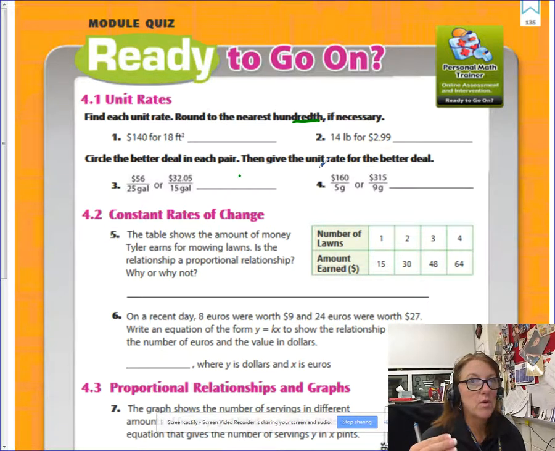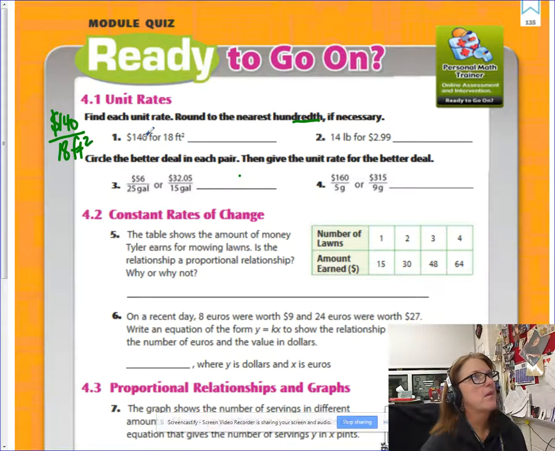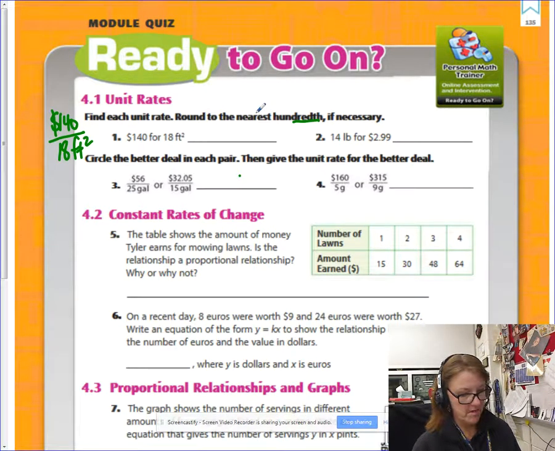And then to get the unit part, that means take the two numbers and divide them, because a unit rate is always compared to 1. So here we go. Take your calculator. $140 over 18 square feet. Okay, that is a rate, but what I want you to do is take your calculator and now plug in 140 divided by